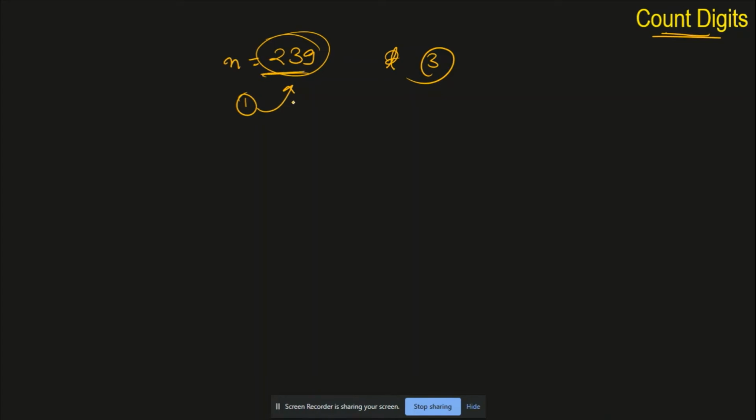The first method is very simple: convert the number to a string and then get the length of it. This is your answer, right? But you should know that this is not a constant-time method. This is big O of n. Conversion takes big O of n complexity.